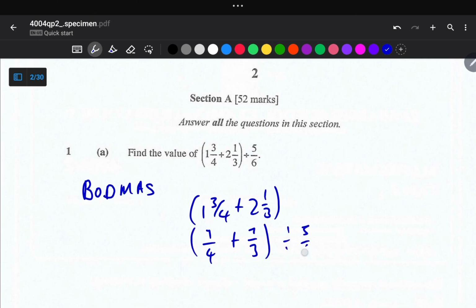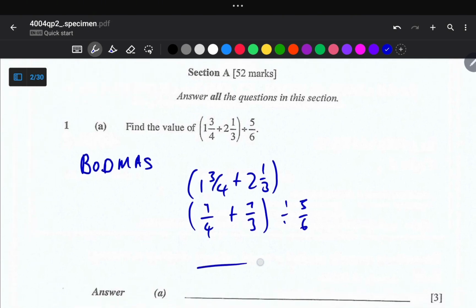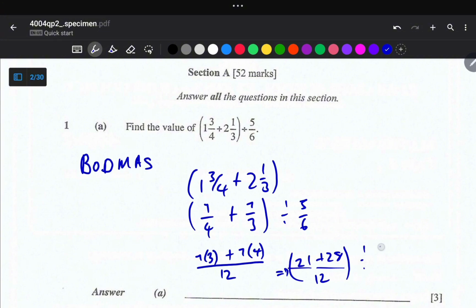Divided by 5/6. Here we are going to put our common denominator. Our lowest common multiple here is 12. So 4 into 12 is 3, 3 times 7, plus 3 into 12 gives us 4, so 7 times 4. 7 times 3 gives us 21, and 7 times 4 gives us 28, so 28/12 divided by 5/6. If we add 21 plus 28, we are going to get